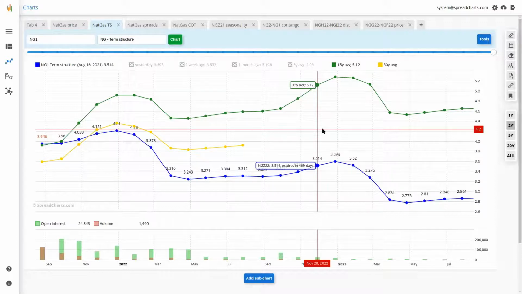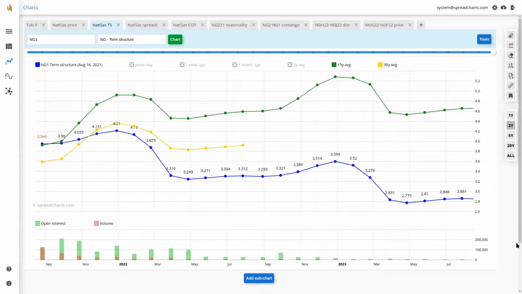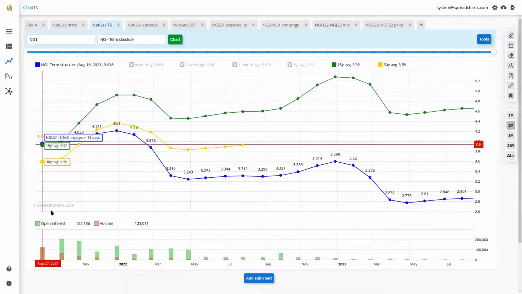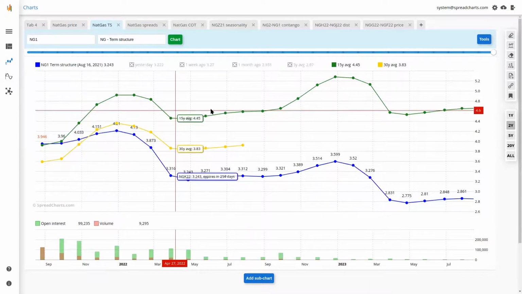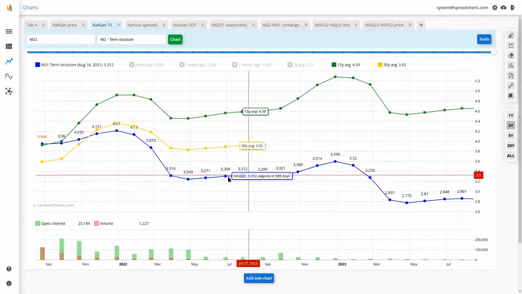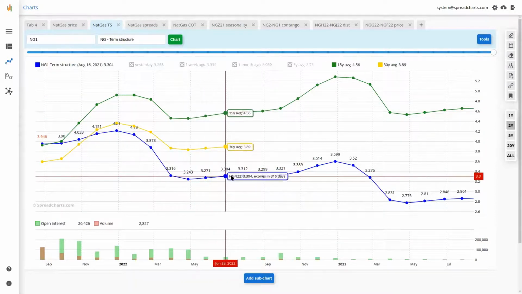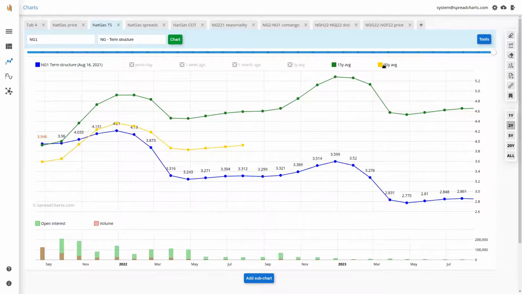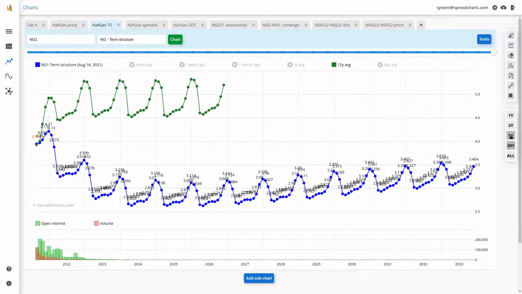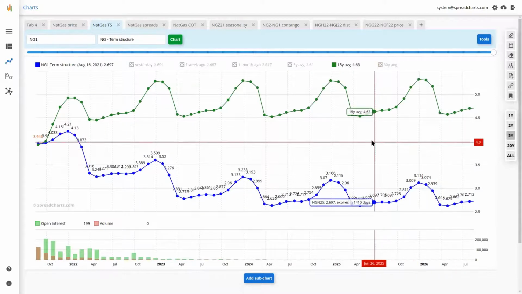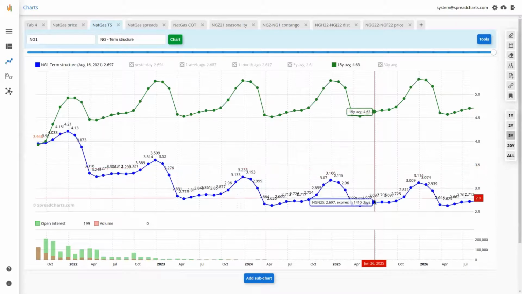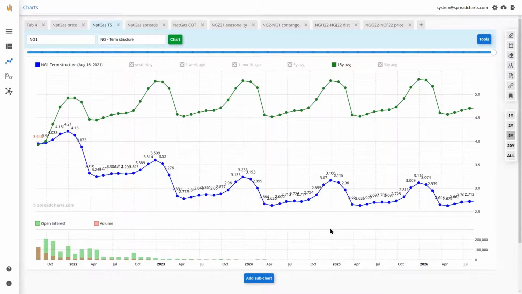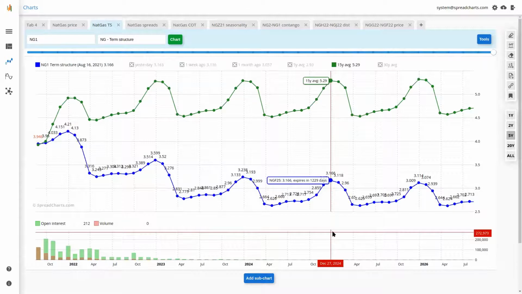And the reason why we are still bullish can be seen on this chart, because while the near end of the curve is elevated, the back end of the curve is still rather low. You can see that the prices are below the 15-year average. And if I zoom out, the market is pricing it as more of a short-term phenomenon, which is different from your thesis that it's a longer-term phenomenon, with higher prices. Yes, the market still thinks that it's temporary.